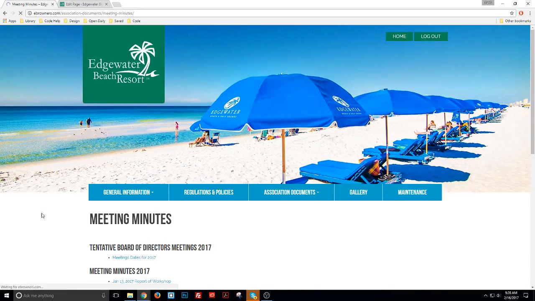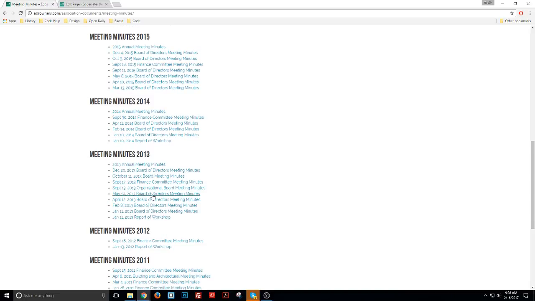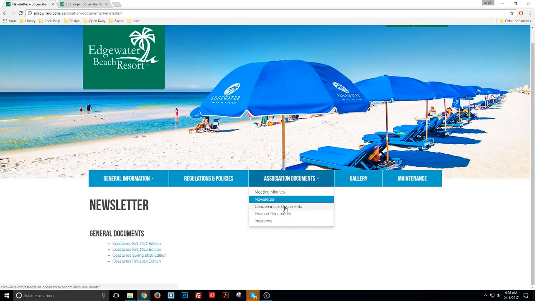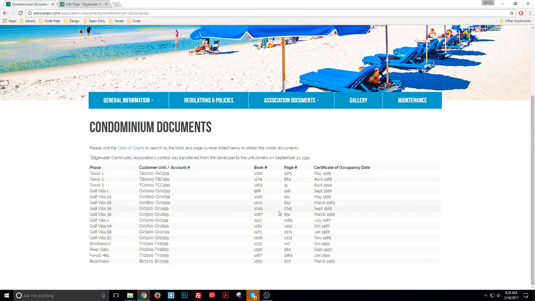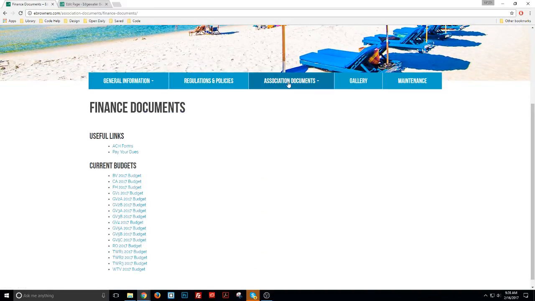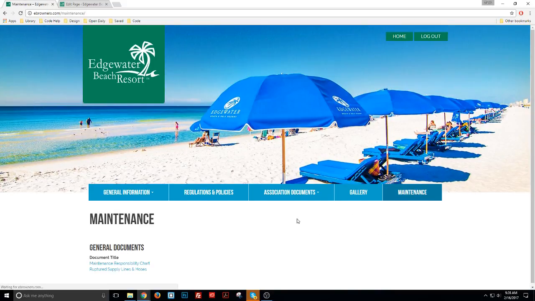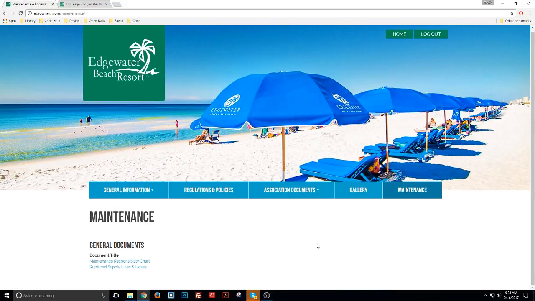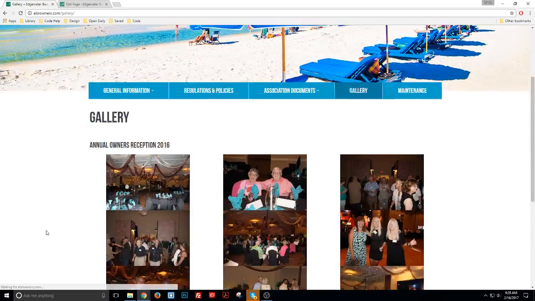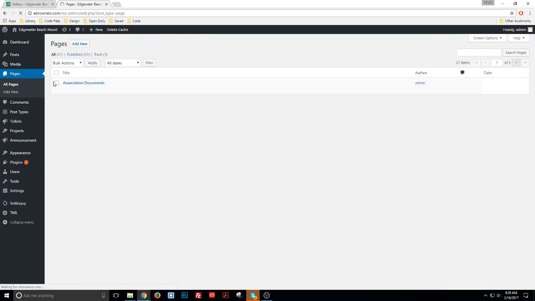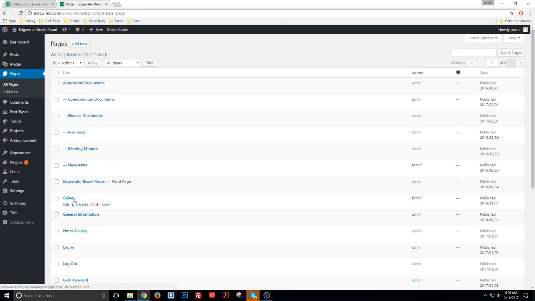And I think that is consistently how it is throughout the pages, but let me go page to page and just double check. And I think maintenance is the same way. Okay, yeah, so all of those pages are the same. This gallery will be the last one that's different. So if we go back into the pages and go to gallery,